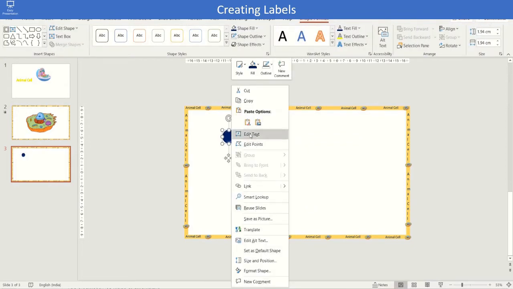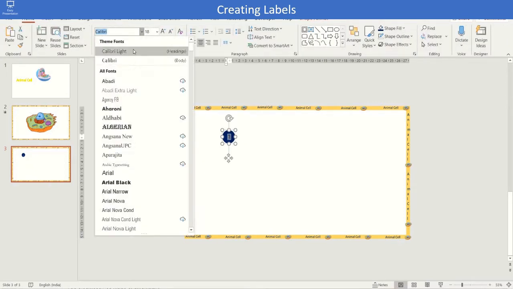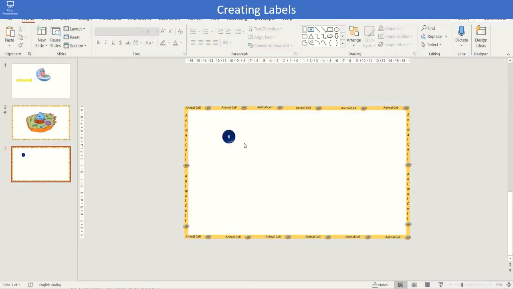Right click the shape, click Edit Text and type the number 1. We need 13 parts to label, so duplicate the circle with numbers and change the numbers from 1 to 13.